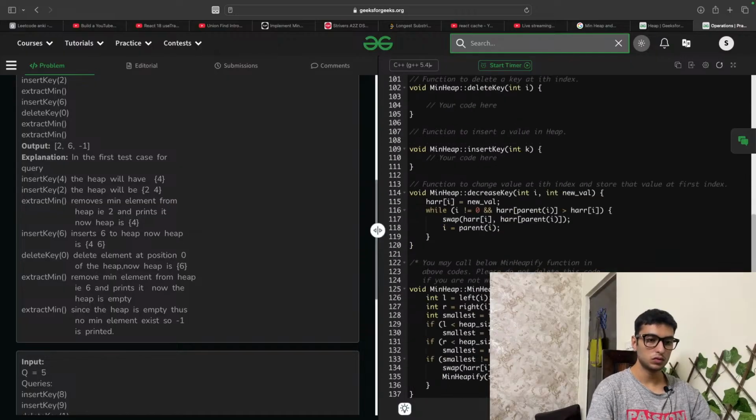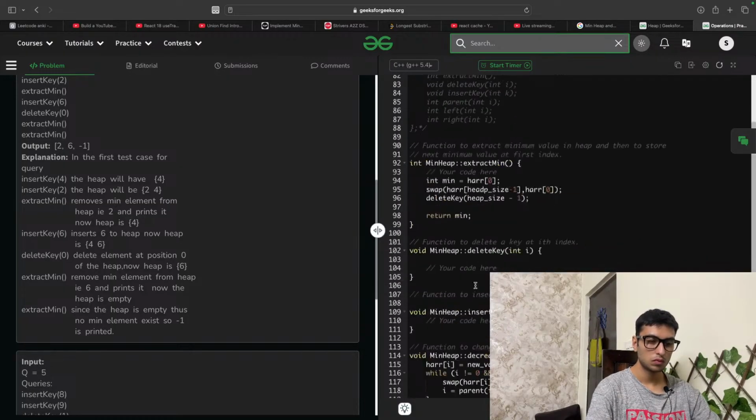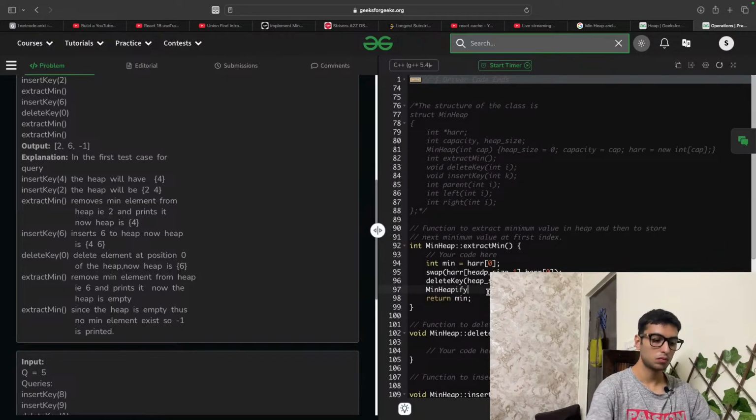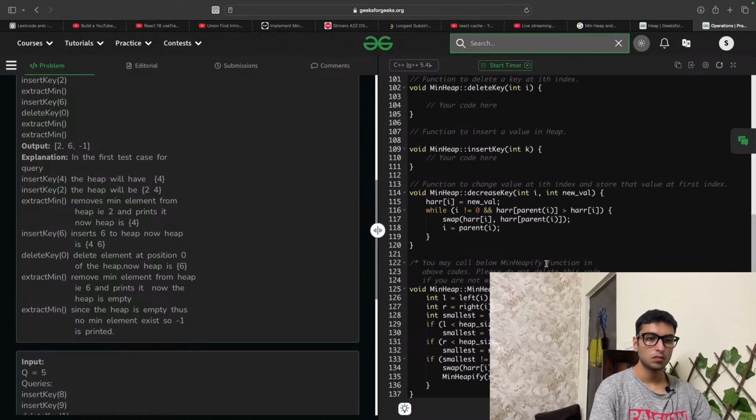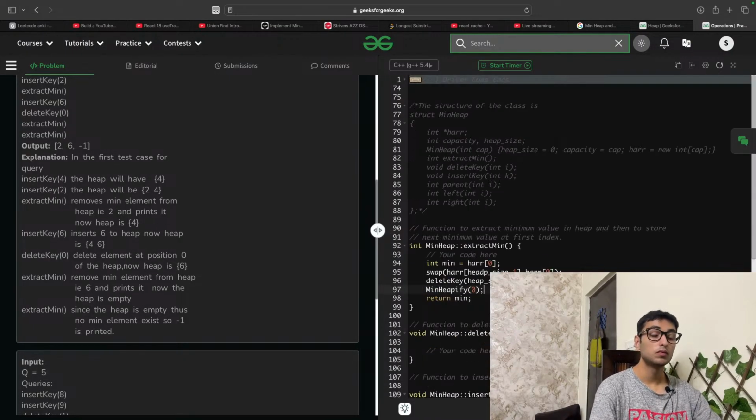This is the same function, so maybe for 0.